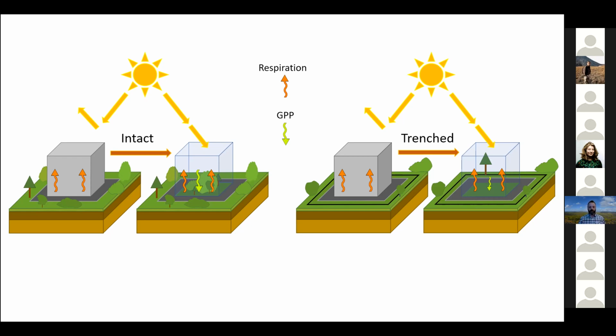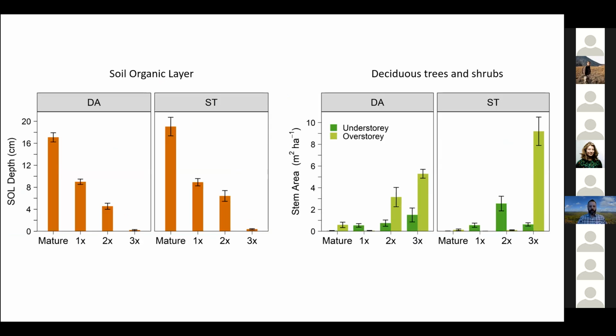Now, this talk is going to focus specifically on trench plots that were covered. So we're going to look just at the changes in heterotrophic respiration in these environments. So we also assessed the depth of the soil organic layer. We did some much smaller scale vegetation surveys than Kate Hayes had done, but we also observed a very rapid decline in the soil organic depth with burning, particularly by the time you got to 3-time burns, it was essentially non-existent, a thin little smear on the surface.